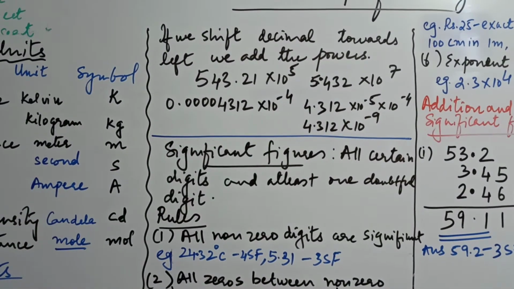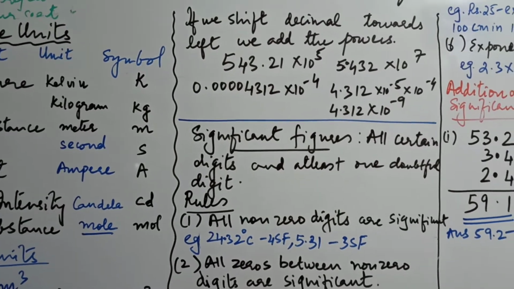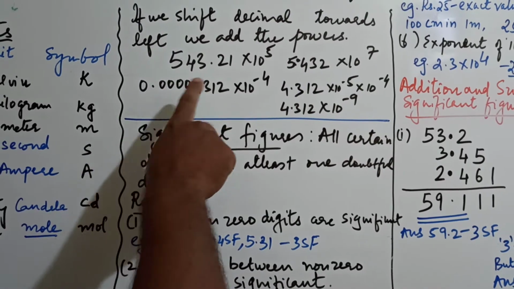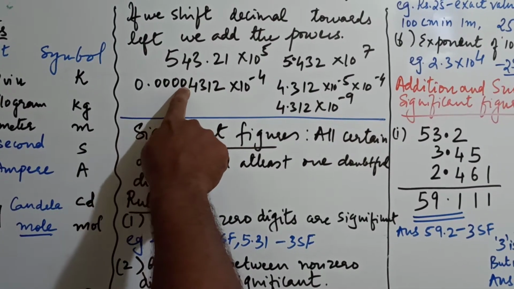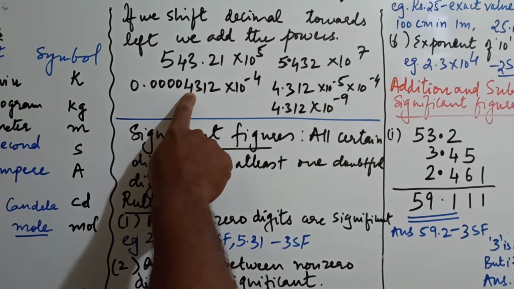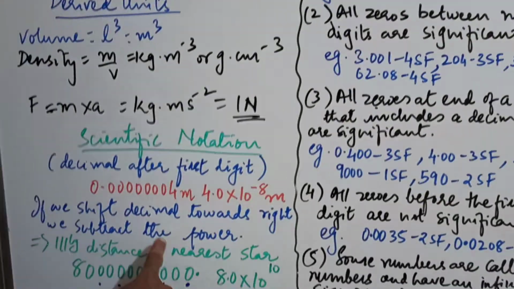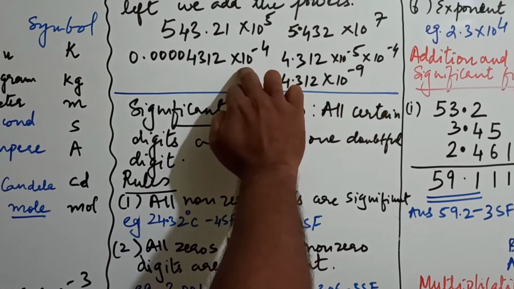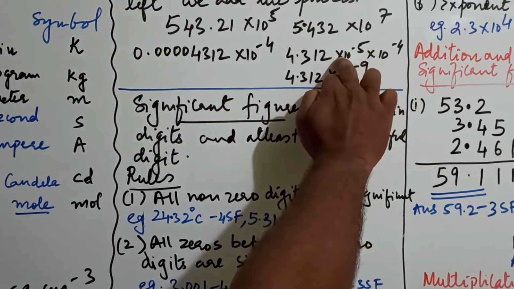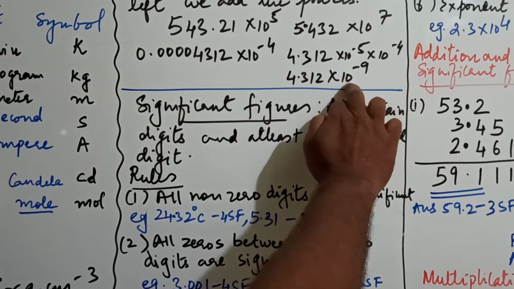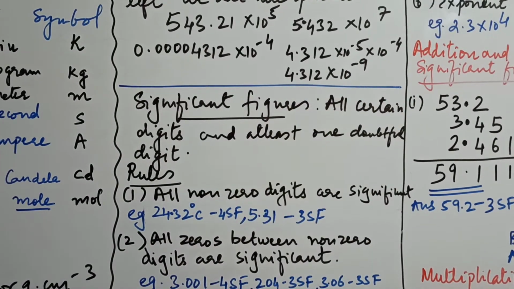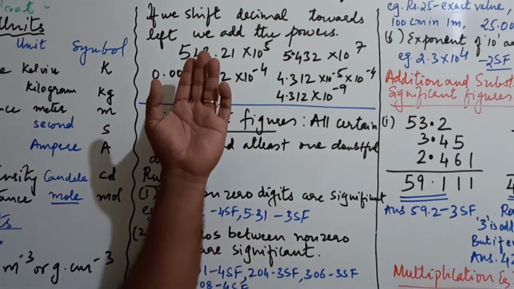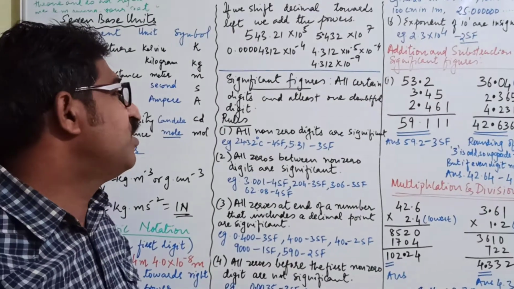Again, what we are doing is, we are shifting the decimal to where? To the right. 1, 2, 3, 4, 5. 5 digits we are shifting there. So naturally it will be 10 to the power, subtract the power. So 10 to the power minus 5, already 10 raised to minus 4 is there. So 10 raised to minus 5 and minus 4 will be 10 raised to minus 9. So 4.312 into 10 raised to minus 9. So this is how you denote answers in scientific notation for any calculation.